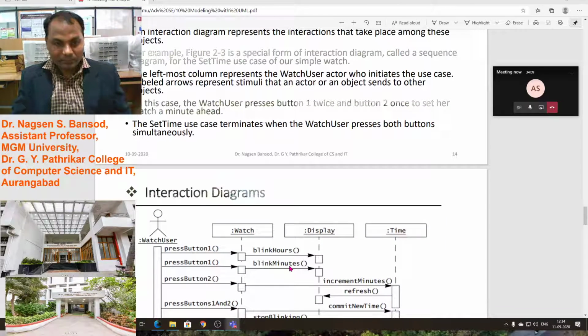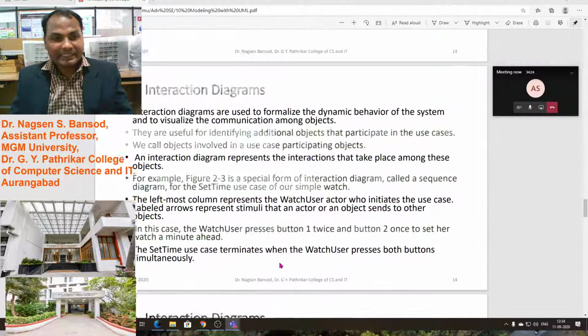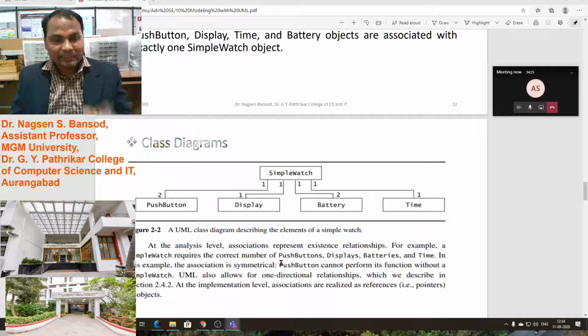Interaction diagram: in the interaction diagram we pass messages from user to machine and machine to user. For communication, we have to use the interaction diagram. Class diagram: what are the classes of objects, how many classes will be there.